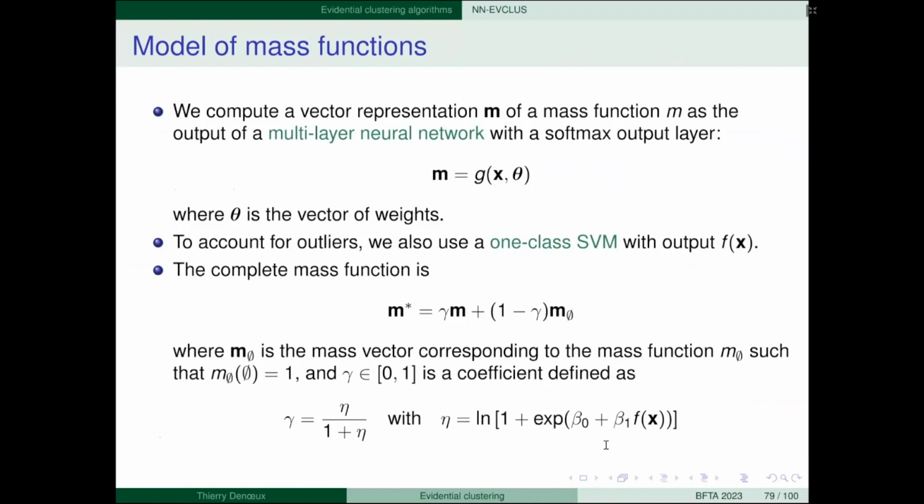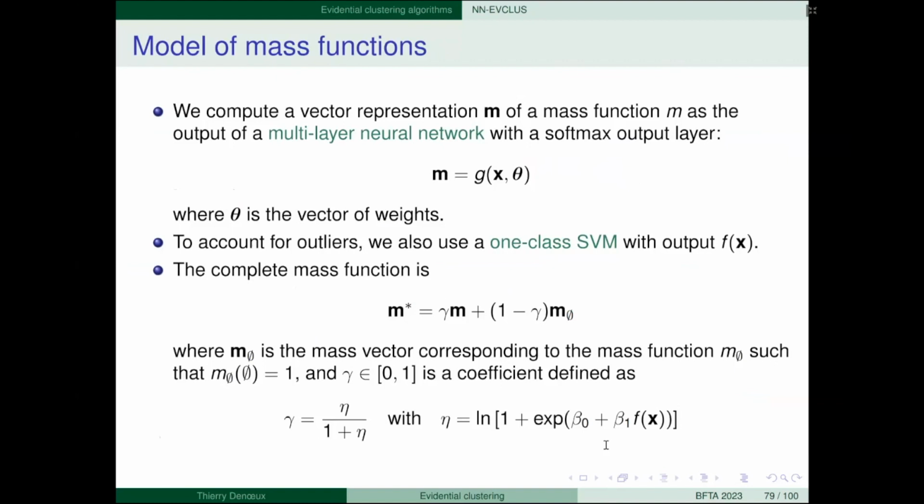We also know that this kind of neural network will not allow us to detect outliers, because what we have outside the data set can be anything. So to keep this property of EVCLUS to identify outliers by the mass of the empty set being high, we also use a one-class support vector machine.